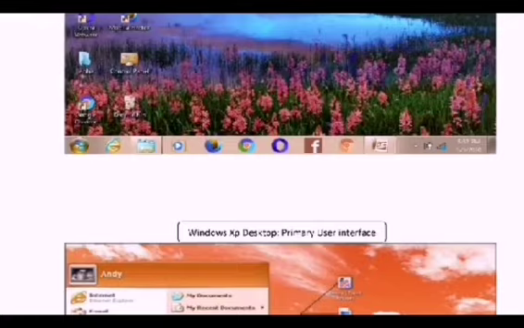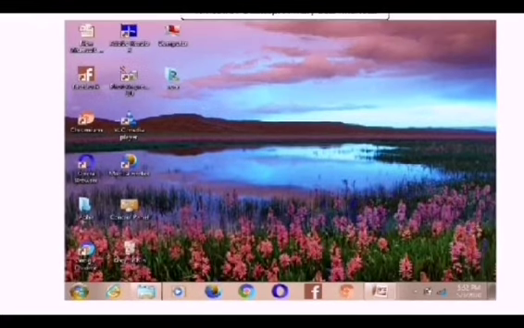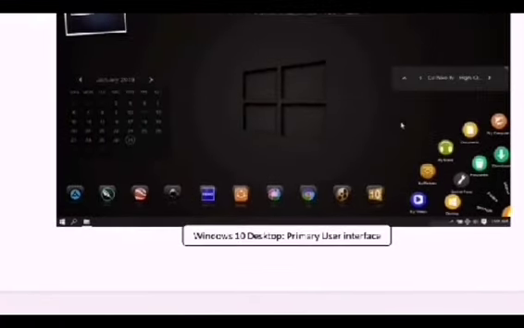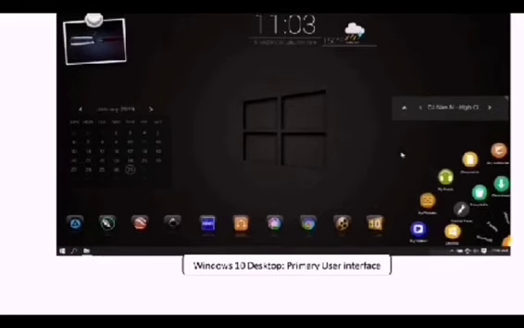Most popular version of Windows is Windows 7. One thing you keep in mind that only the appearance of the screen is changed. The working pattern of all Windows is same.